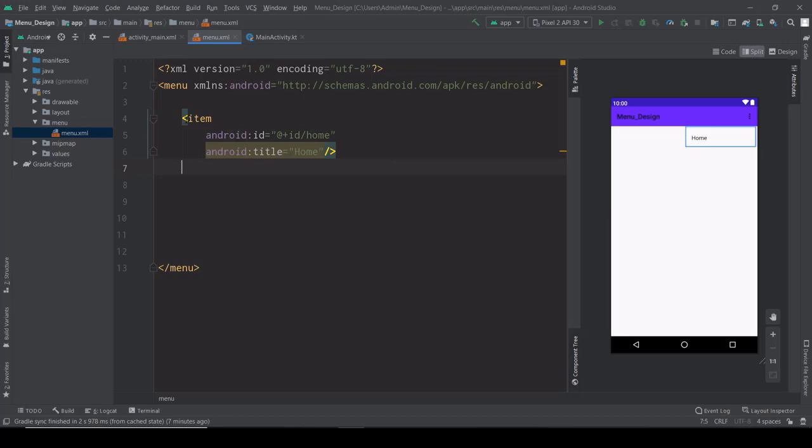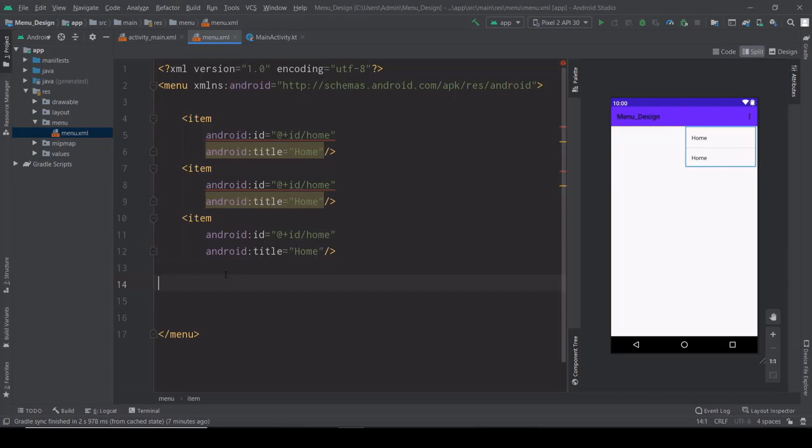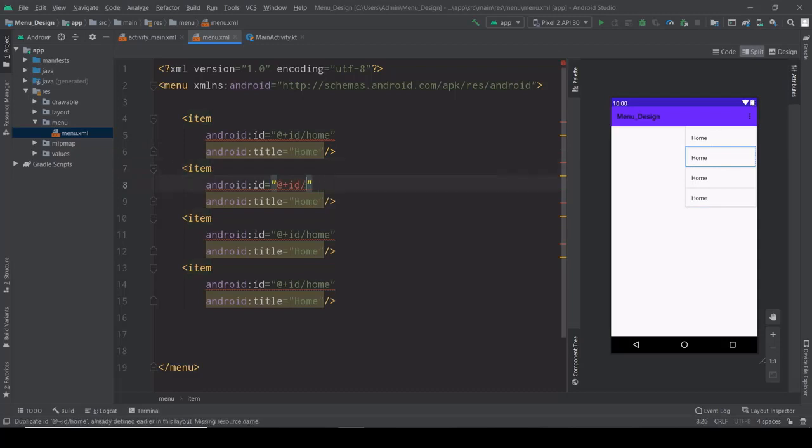Just copy this item and paste it for however many menus you want. For example, I'm going to create 4 menus, so I'm copying it. Change the ID for the second one: it is sign up, and the title is sign up.